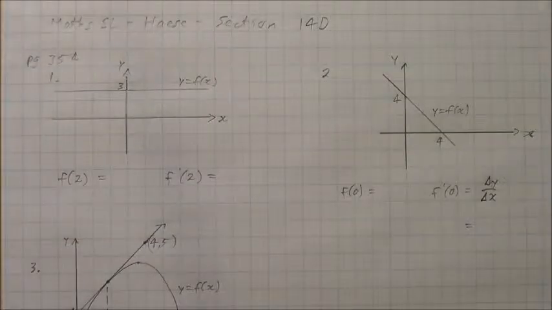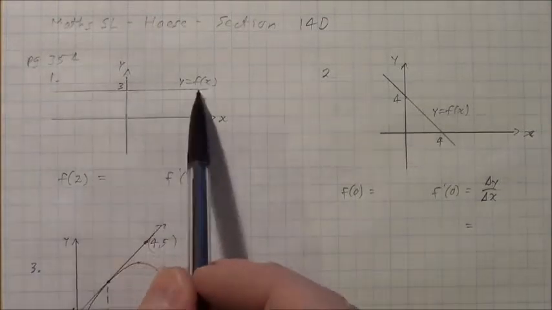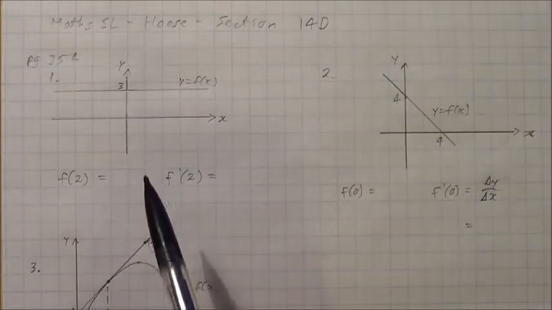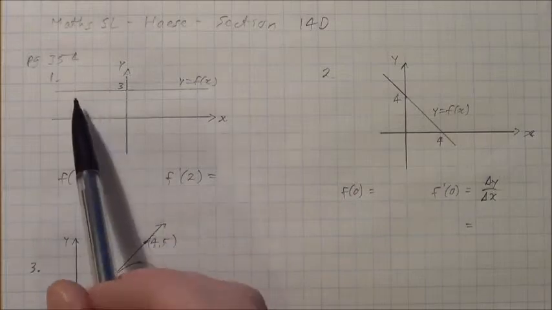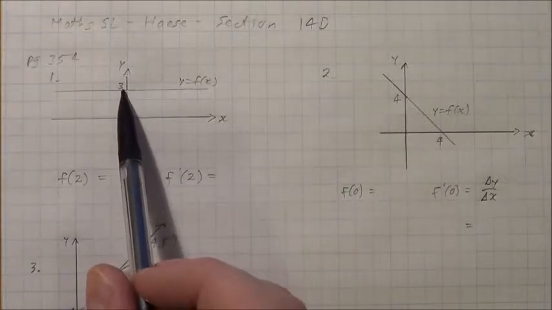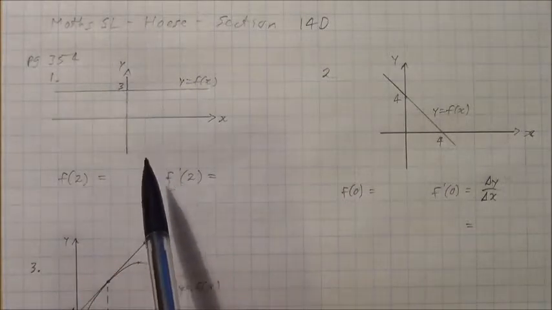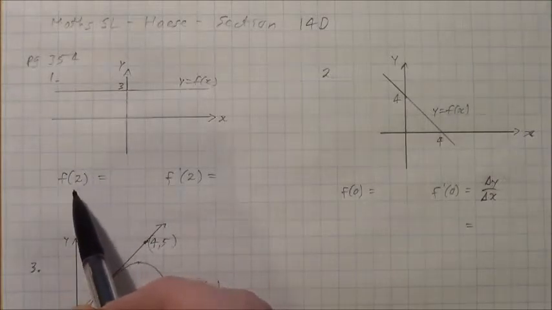Section 14D, question number 1 from page 354. We're given a function that we need to analyze a couple points for. So here is the horizontal line that goes through y equals 3, and so the question asks us to find